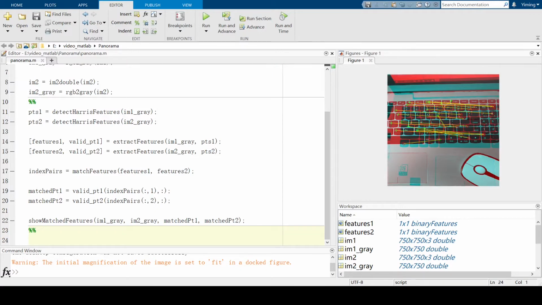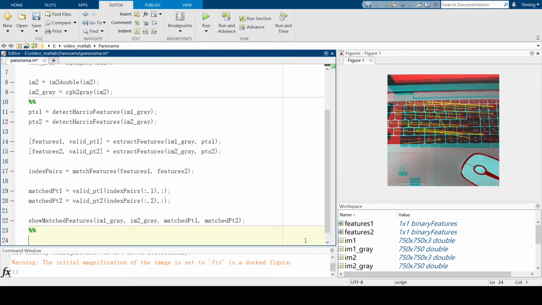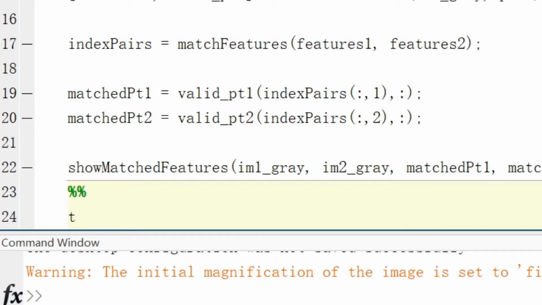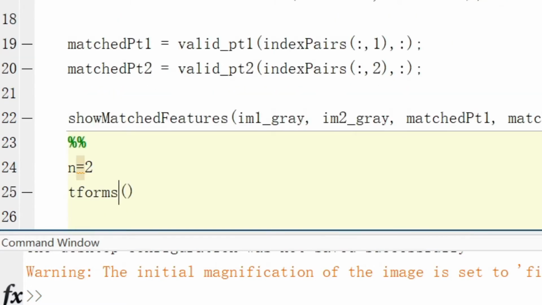In our case, we only take two images, but this idea can be used to stitch multiple images as a panorama. After finding feature points and extracting features for different pairs of images, the next step will be to estimate the transformation between two images. So let's get the T transformation of one of our images. Let's call it Tforms, and the number of images is 2. So we build a Tforms equal to projective2d